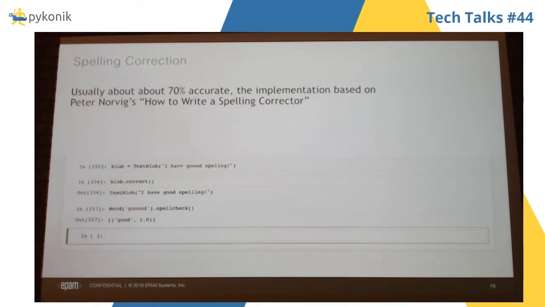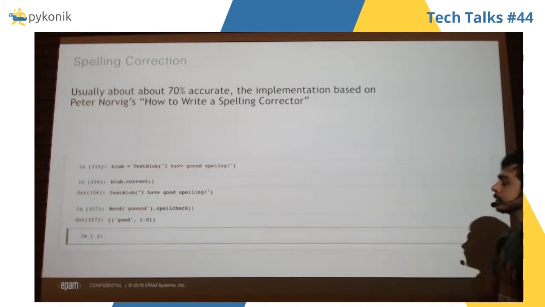Also it has some implemented algorithms inside, for instance spelling correction. As you can see, I have a badly spelled sentence, and I'm just calling the correct method, and it does some spell checking for me and gives the corrected version of the first sentence.